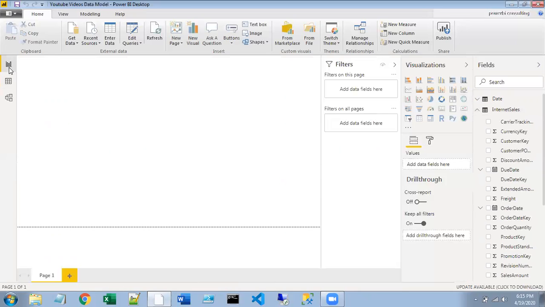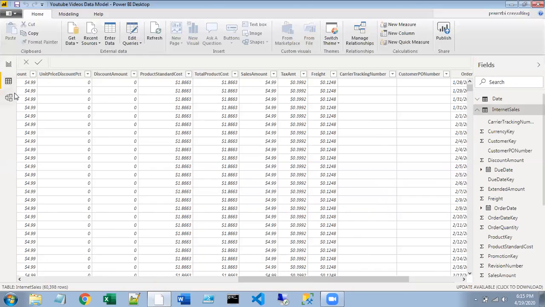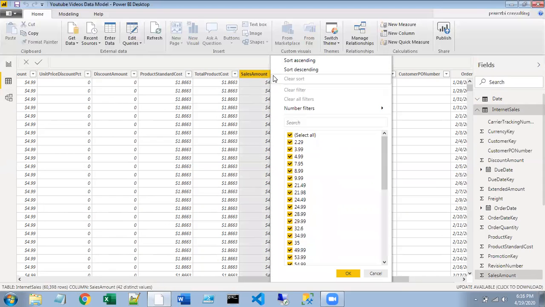If you consider each row a transaction, a record of a particular business transaction at a particular point of time, I want to find out only the sales amount greater than $10. How many rows do you have greater than $10 in the entire table?